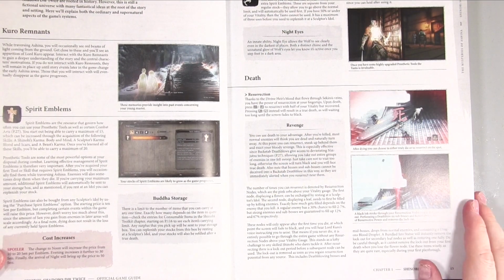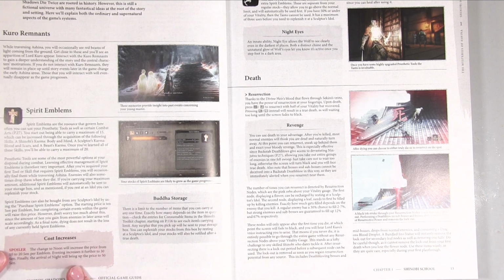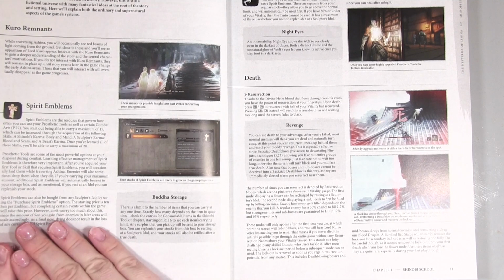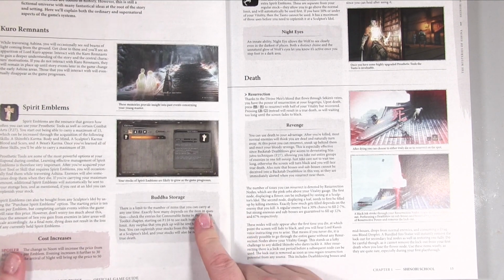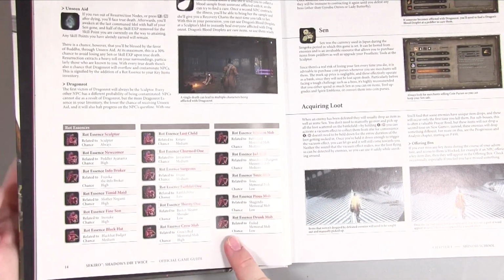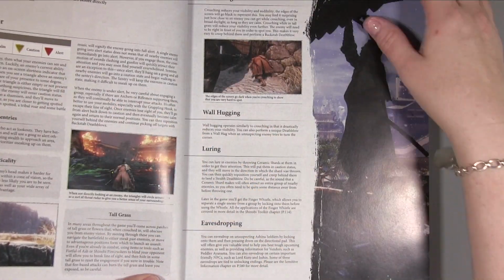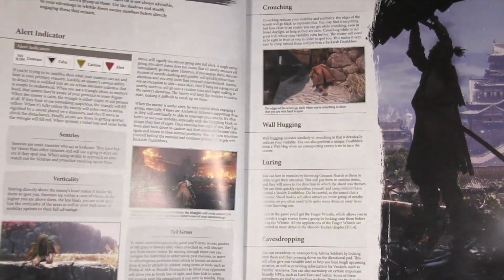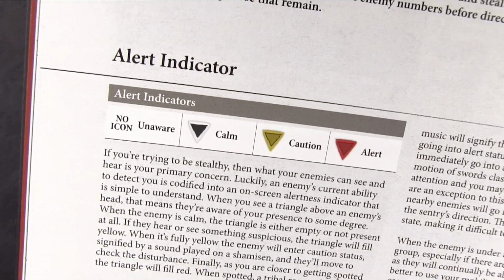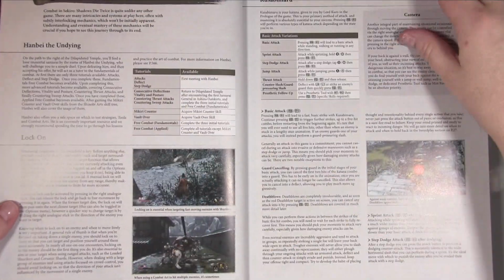Then we've got things about the game's systems. So spirit emblems. There's a spoiler section there, so we don't necessarily want to read that. Storage, death, rot essences, whatever that means, acquiring loot. Then we've got stealth, again more lovely artwork, and then just showing the indicators, so it's just giving that information to you. Then there's combat,